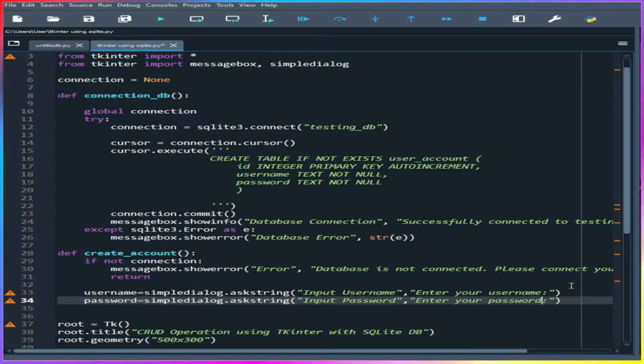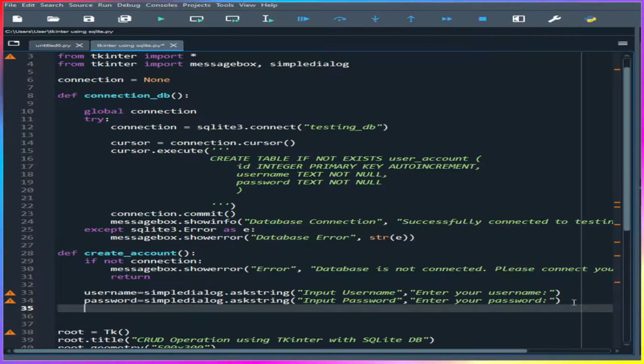Since this is only a simple presentation where we are creating an account, you can improve this by using an asterisk sign or an encryption of the password, and also have a confirmation of the password, but since it's just a simple presentation of a CRUD operation,